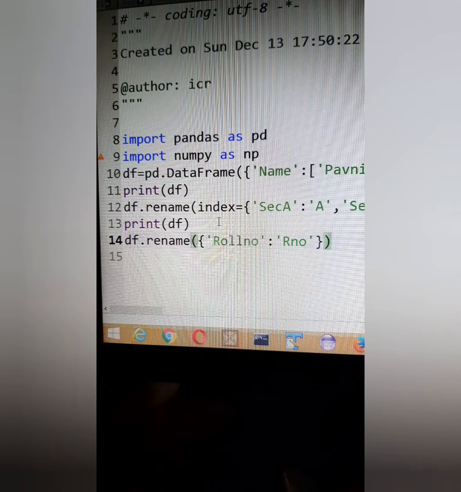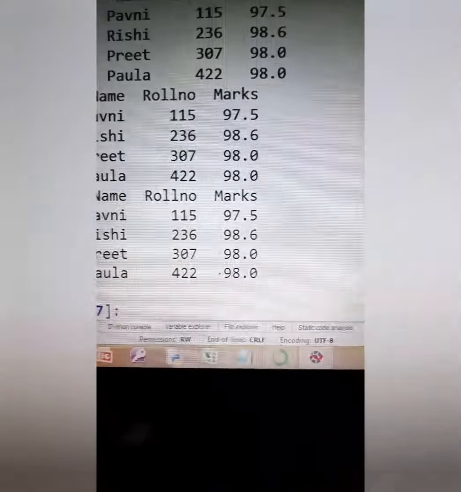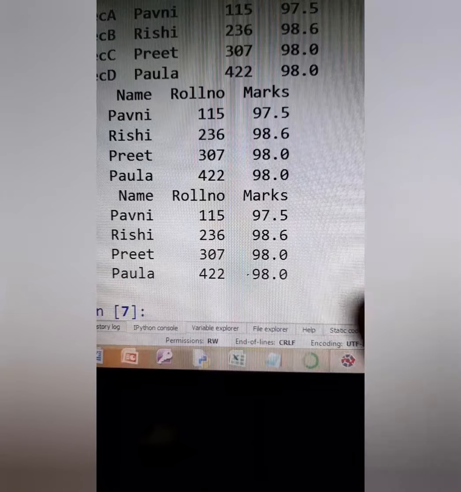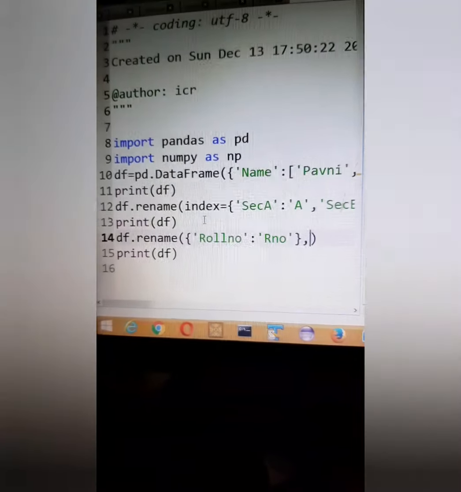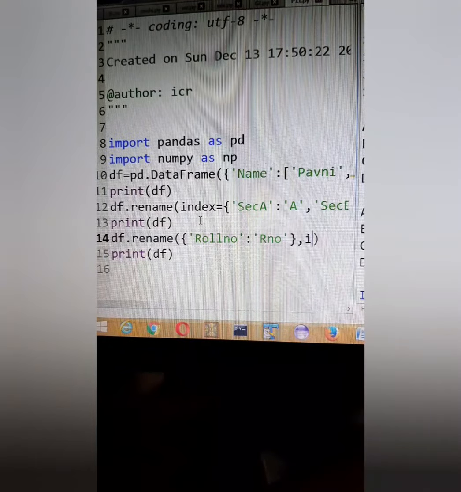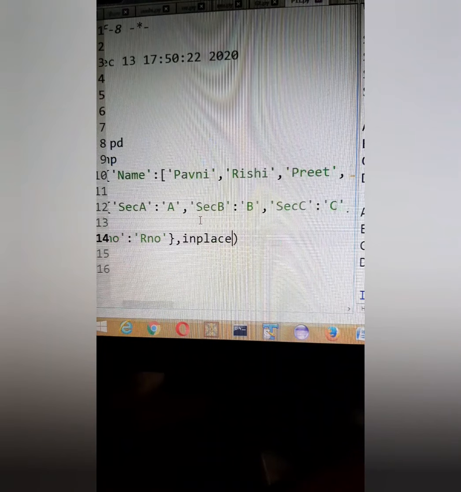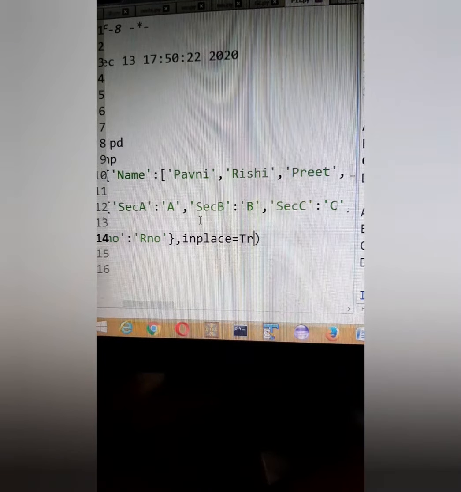And if I want to print my data frame with print df, again I will not get the changes until I write here inplace, because I am not getting the changes. As you can see, roll number is still roll number, not RNO. So here I will write again inplace is equal to true.